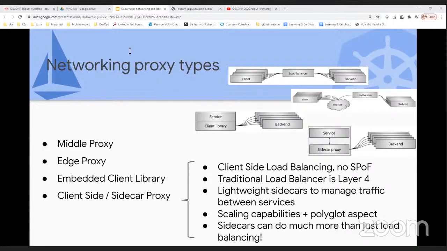The middle proxy is the most familiar, like Juniper, F5, or an LB or NLB kind of thing. That one is a middle proxy. For the edge proxy, I want to use something like an API gateway, and it is using a proxy topology. And